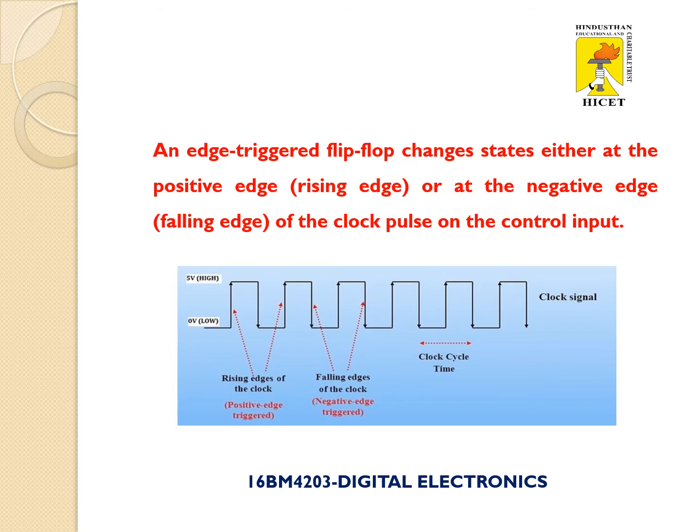Positive edge triggering means the output will be changed according to the input during the positive going pulse of the clock pulse. The positive going pulse is nothing but the rising edge of the clock pulse. Here in this PPT I have mentioned the rising edge and falling edge. Rising edge means positive going pulse, and falling edge is nothing but negative going pulse. So once again, positive edge triggering means the flip-flop output is changed according to the input during the positive going pulse of the clock pulse.